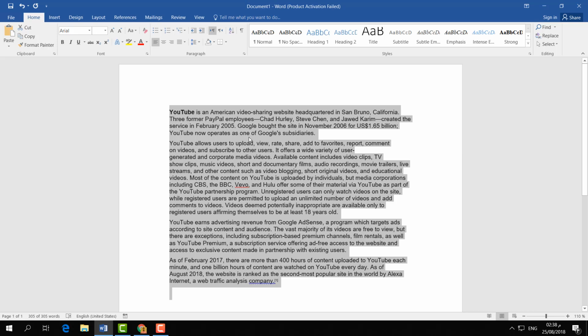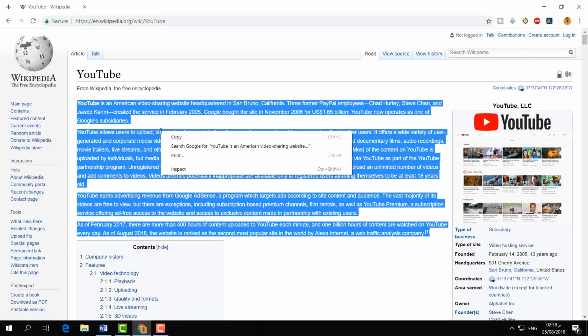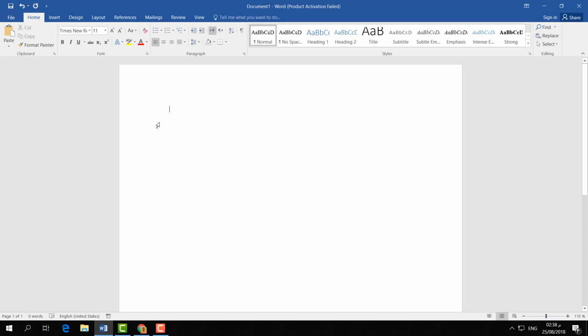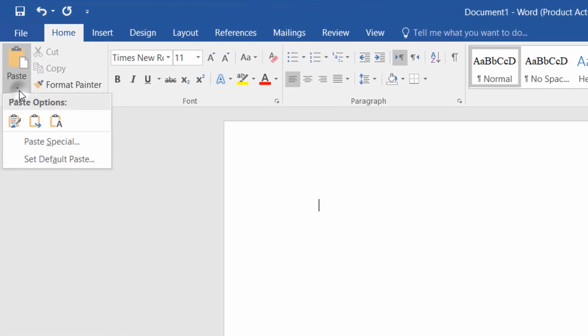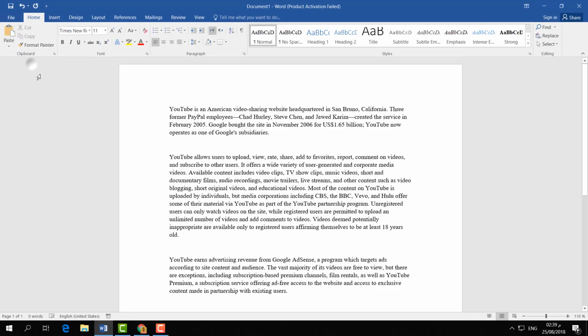Also there is another way to remove hyperlinks. For example, if you copy something from your web browser, I am going to copy this article again, and then you would like to paste it, there is another way: you can paste text only. Whenever you click the paste option, you will see the option Keep Text Only. If you click that, all the hyperlinks will be converted to plain text. So this is how you can remove hyperlinks in your